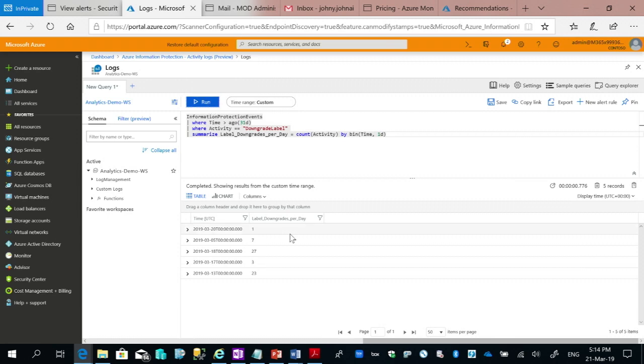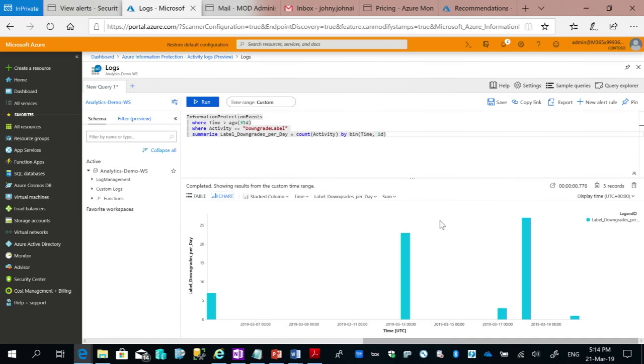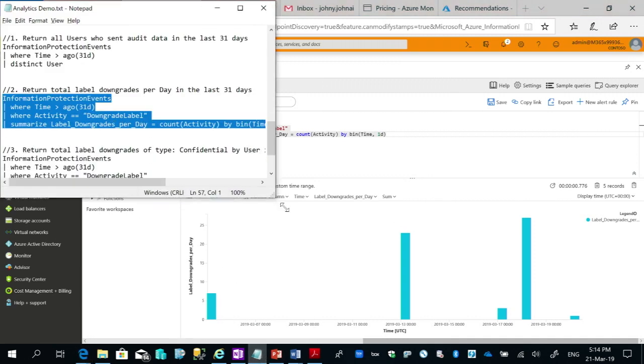And here we go. I can see the total number of label downgrades within the last month. I can also break it into a chart and try to identify all kinds of behaviors here. If I'd like, for instance, to see who are the users who perform those actions,